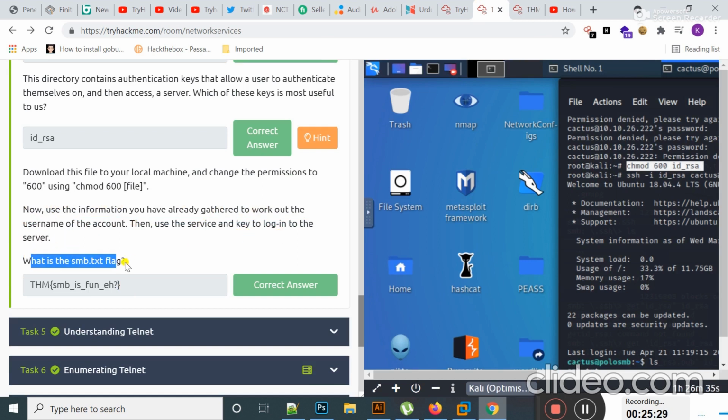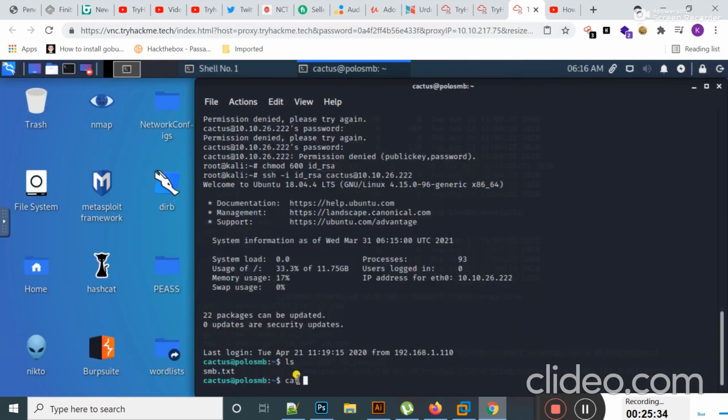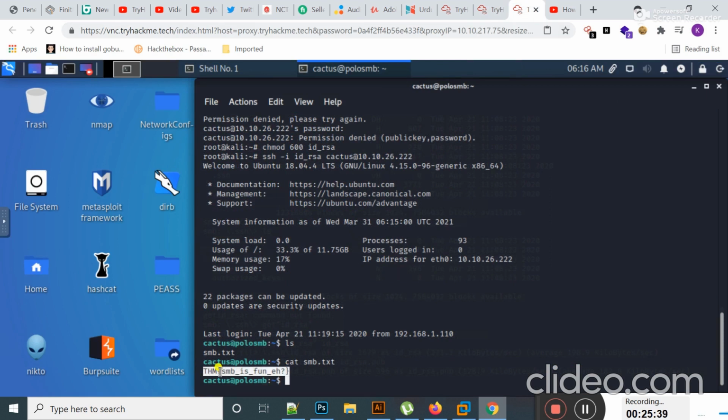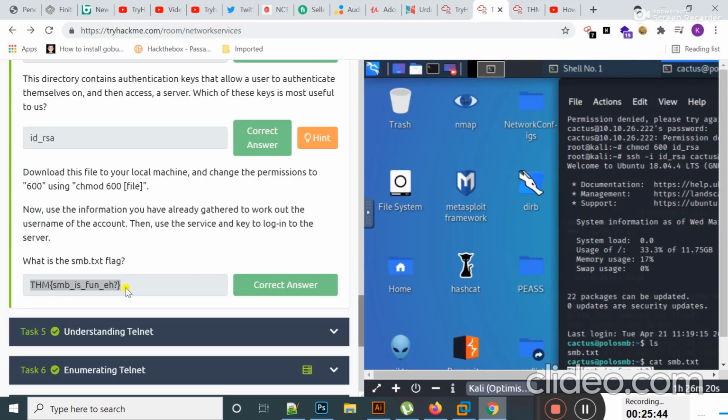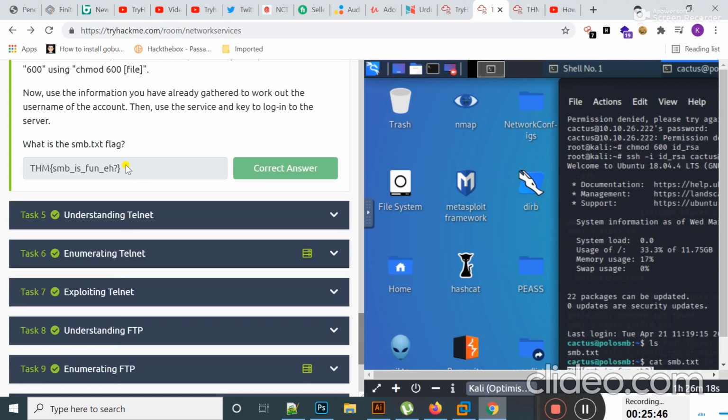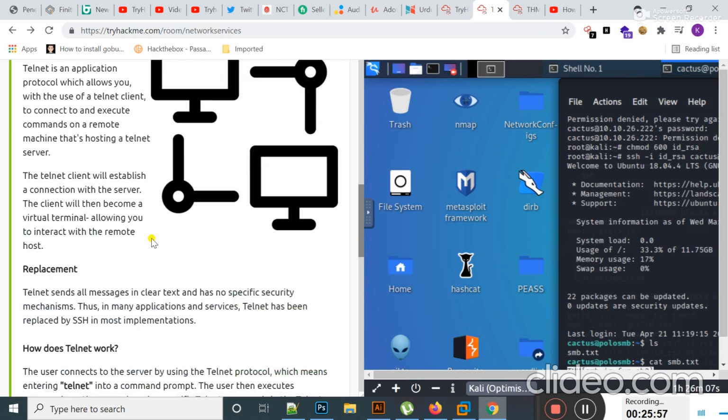If I type ls here, you can see that smb.txt is present. So the directory on the share we should look in is .ssh. The next question is that the directory contains authentication keys that allow a user to authenticate themselves and then access a server. Which of these keys is most useful to us?